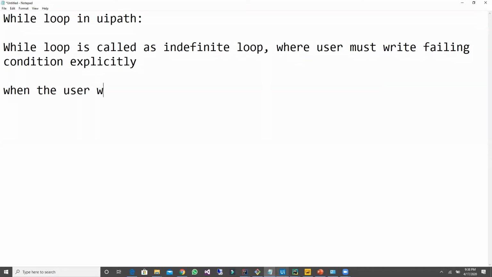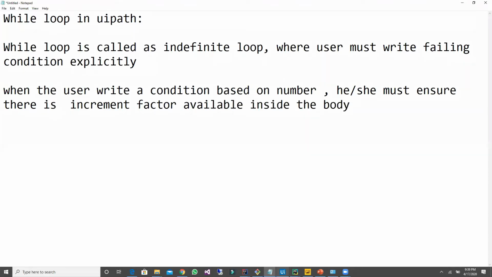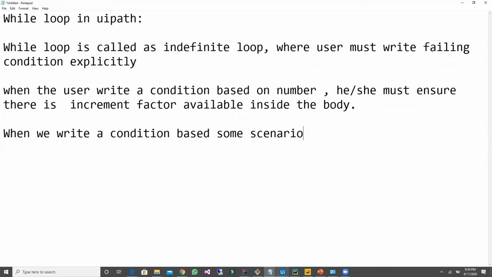When the user writes a condition based on a number, he or she must ensure there is an increment factor available inside the body, or when we write a condition based on some scenario, we need to include a failing statement.